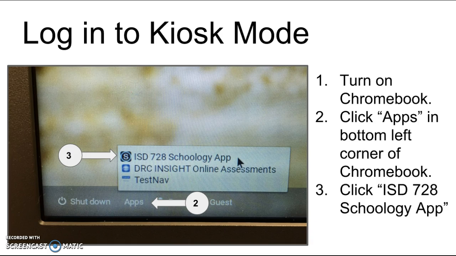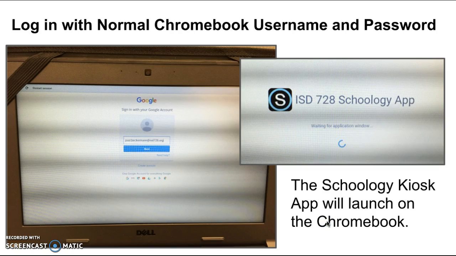When the students go to the Chromebook, they should come down to the bottom left part of the screen and click on Apps. When they click on Apps, they should choose the Schoology app. Now this one has been set up specially for testing. They'll log in like they normally do on the Chromebook, and they'll get a little icon that pops up saying